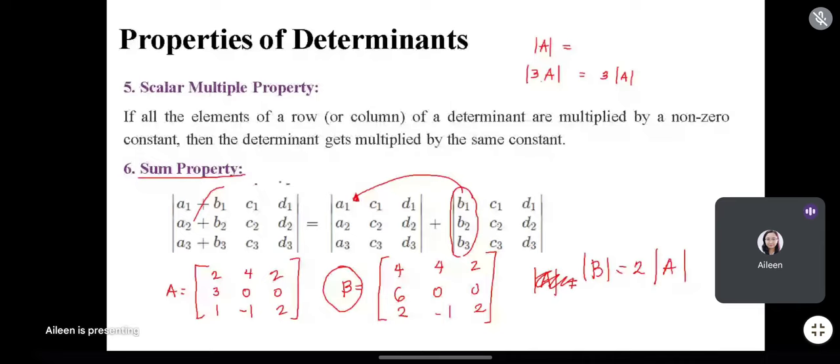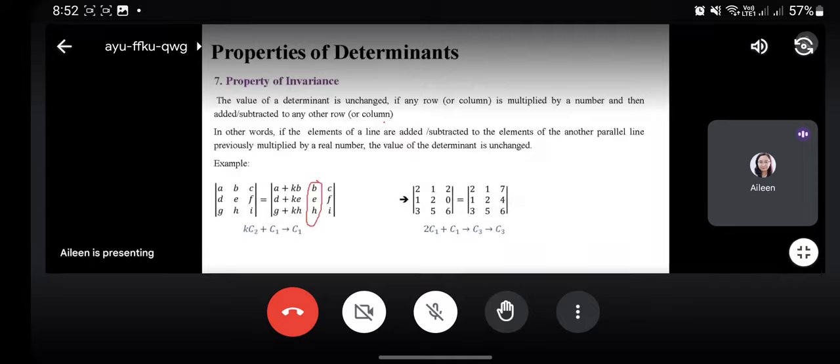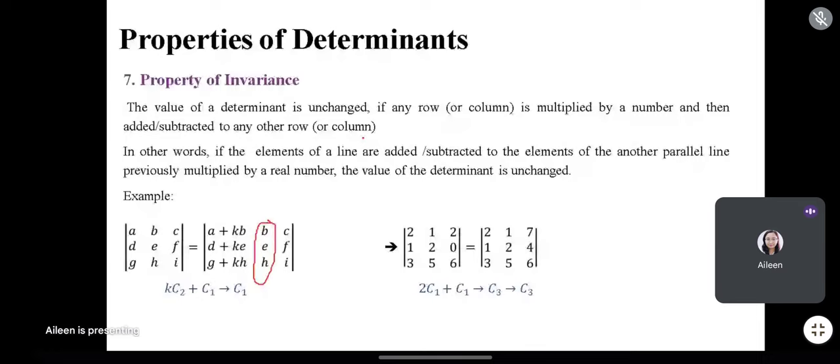Next, we have the property of invariance wherein the value of a determinant will be unchanged if any row or column is multiplied by a number and then added or subtracted to any other row. So, ito naman is just like our row elementary operations, wherein nagmumultiply tayo ng isang row or